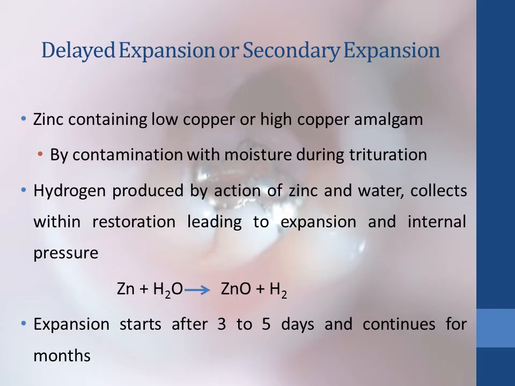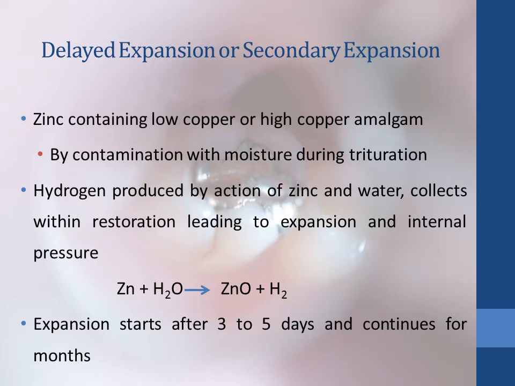So we mentioned delayed expansion or secondary expansion. That is obviously also a dimensional change. And this, as mentioned, takes place in the zinc containing low copper or high copper amalgam. So it is basically related to the presence of zinc and mainly to contamination with moisture during trituration. As I said, the zinc reacts with the water and it leads to the production of hydrogen gas,